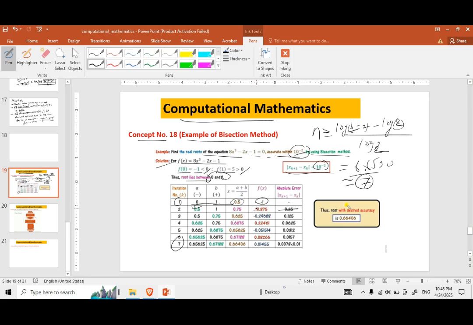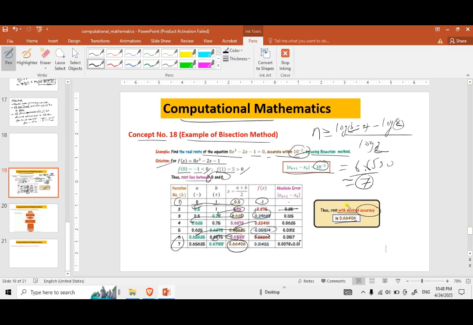So here it is positive, so this value should replace here, and this is negative, so this value is replaced here. So in this way, also there is minus, so this value should replace here, and this is positive, so this value is here. And in this way we can find the value 0.66406, and hence the root with desired accuracy is